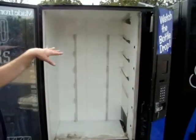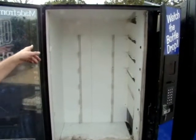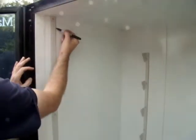Our rack system does not have pre-drilled holes that will match this vendor, so I'm going to remove the 4 racks in here. First I'm going to mark them with the Sharpie, and then when we reinstall the racks, you're going to have to drill the holes to put them in. So the most important step is I need to establish a line, so I'm going to come over here on the inside of the machine with the Sharpie